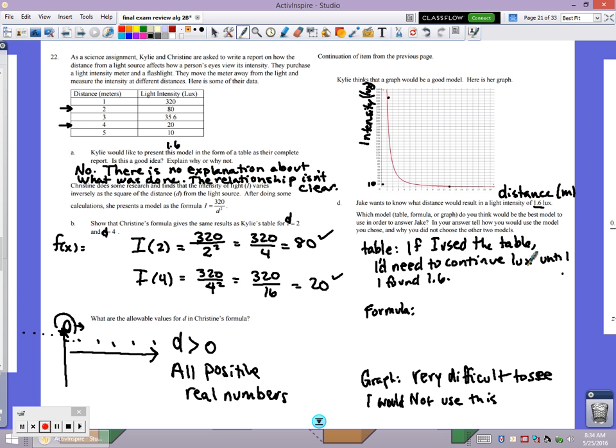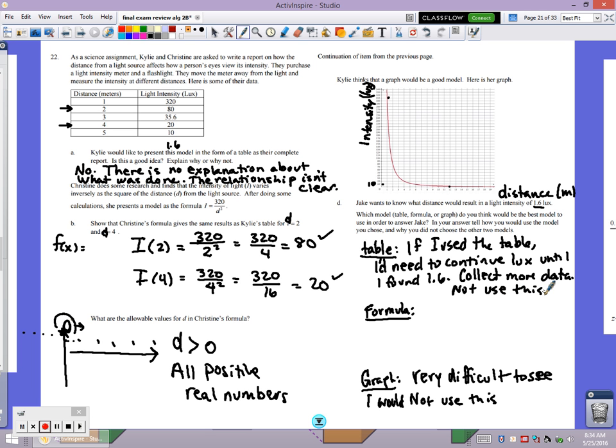Really what I mean is I would need to measure this again. I'd have to go and play with the light meter until I found a lux of 1.6 and then measure how far away I was. So I would need to collect more data is what really we need to do there. So this isn't ideal. I mean, we could do that, but maybe the lux meter already got returned. I don't know. Okay, so I would not use this either. I could, but